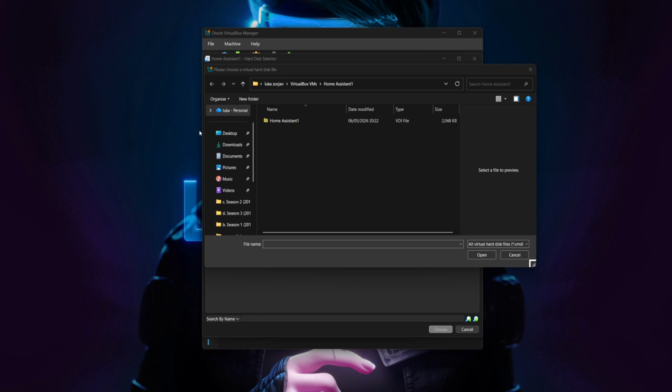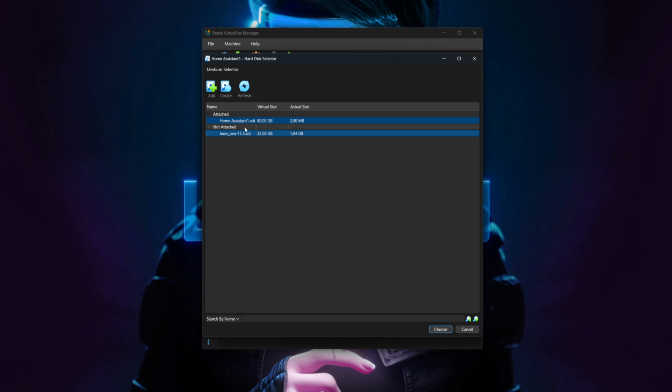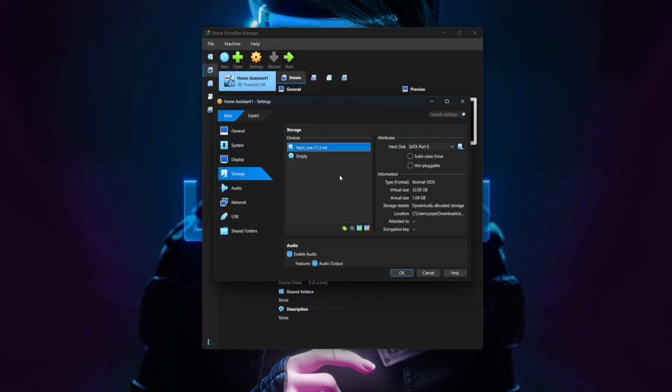So we will find it now right here. I have it over here in my downloads file, and then I will click open. Now I have it right here, and I will select choose. And as you can see now, I have it right over here. Okay, so now that we are in settings, basically,